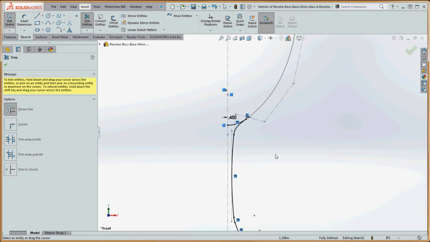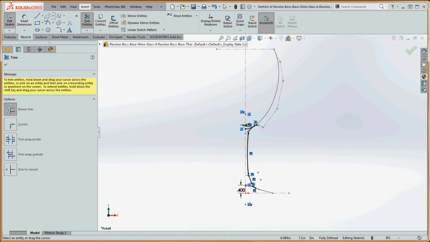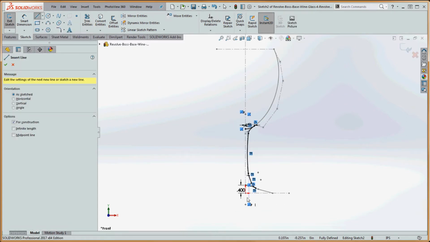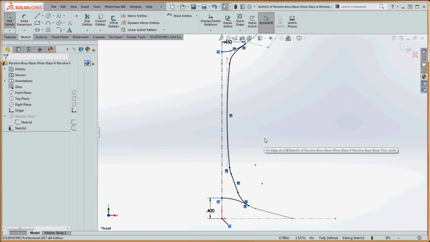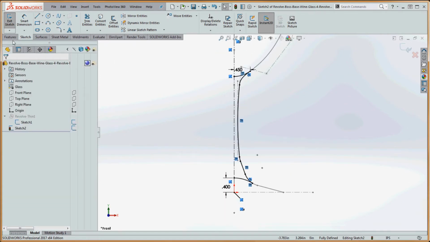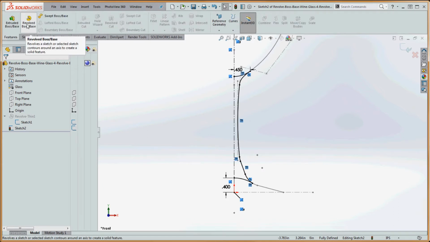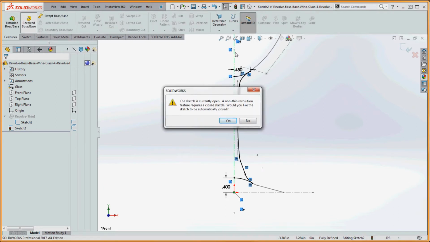And now you get to see that. So now we need to put in a center line in order to do that Revolved Boss. Go between the origin, kind of put that up there arbitrarily. And now we're going to go to Revolved Boss and go to Features. It's automatically going to assume that we're going to select that center line in there, even though we didn't do that. It's the only center line in our sketch, so it's going to automatically select that,